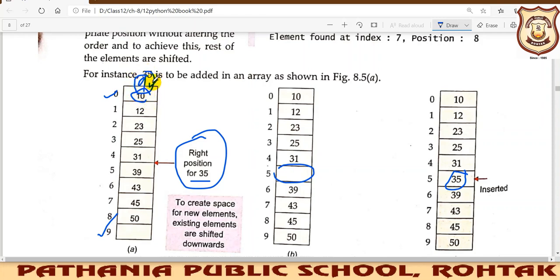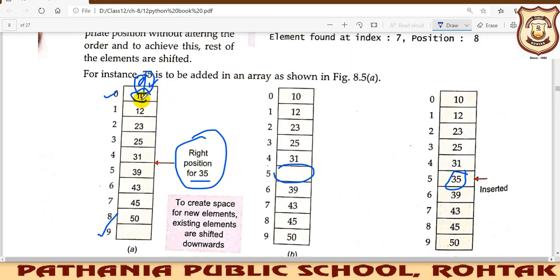It could be inserted at the 0th position, and all the rest of the elements will be moved down so that space is created, and only then it will be inserted. So many steps are included. Firstly we need to check whether it is a condition of overflow. If it is not, then we compare the element so that we know the right position of the element, then we create the space, and then we insert it.